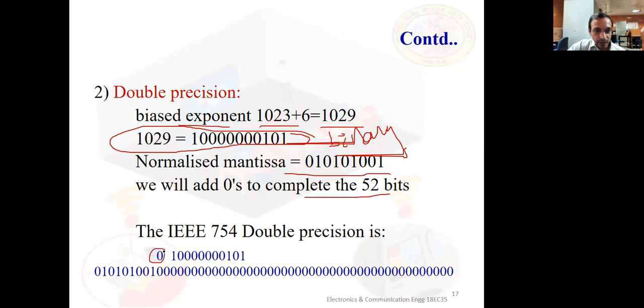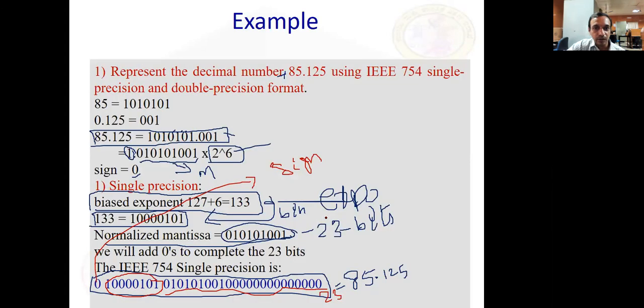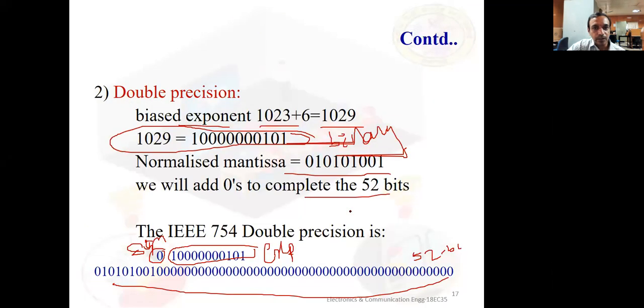So you have a sign bit, then an 11-bit exponent and a 52-bit fraction. So 52 plus 11 plus 1 becomes 64 bits. It's quite easy. You can easily know now. So take the original number, put it into binary format, normalize with respect to the exponent, then in single precision or double precision, make the biased exponent. This much you do.